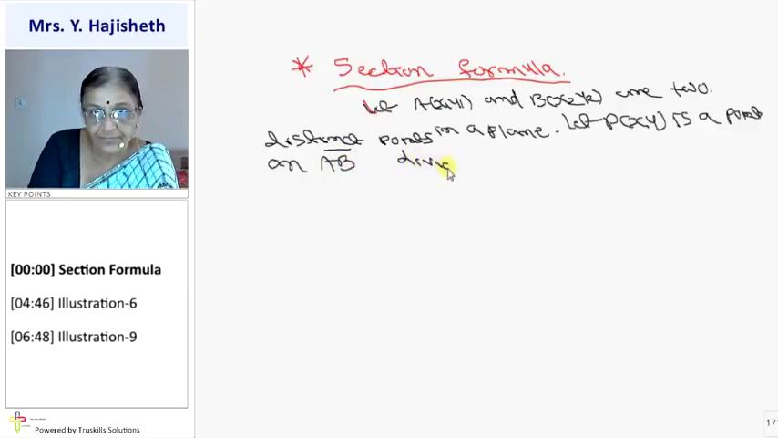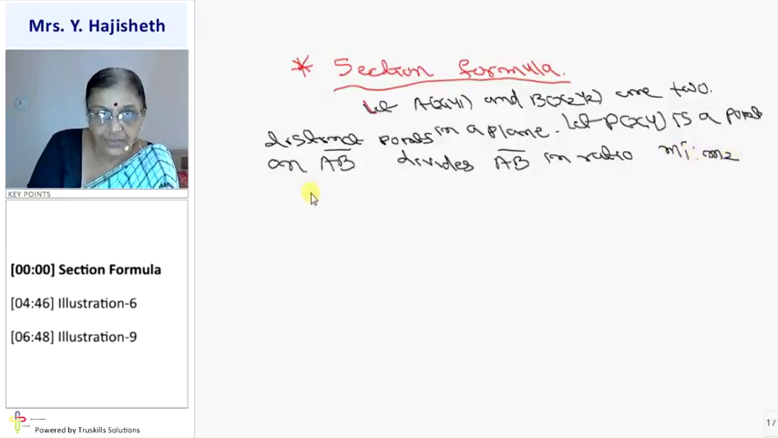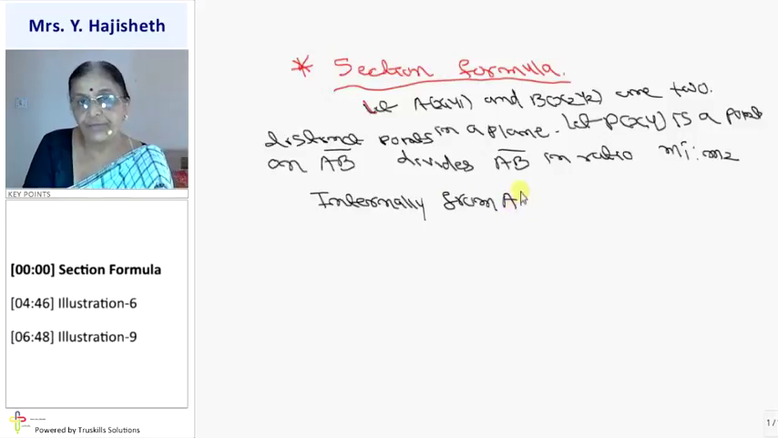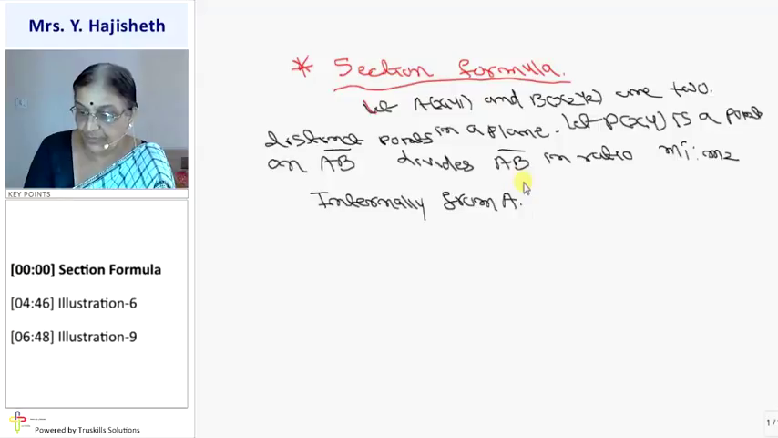Divide line segment AB in ratio m1 is to m2 internally from A. Suppose point P(x, y) is a point that divides line segment AB in ratio m1 is to m2 internally from A. Then